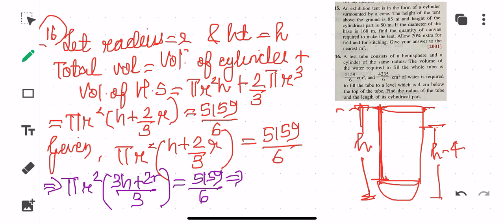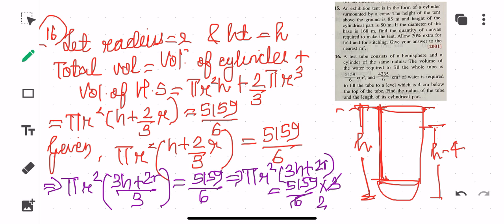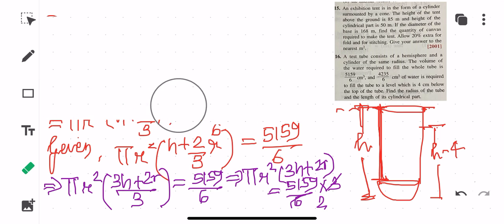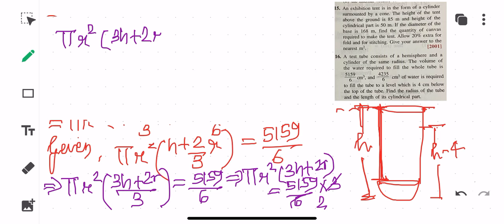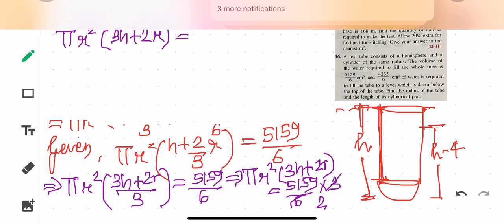So this implies what? This 3 you can send that side. So you are getting what? Pi r square into 3h plus 2r is equal to 5159 divided by 6 into 3. So this is getting cancelled. So you are getting what? The equation finally that you are getting, I'll write down here, pi r square into 3h plus 2r is equal to 5159